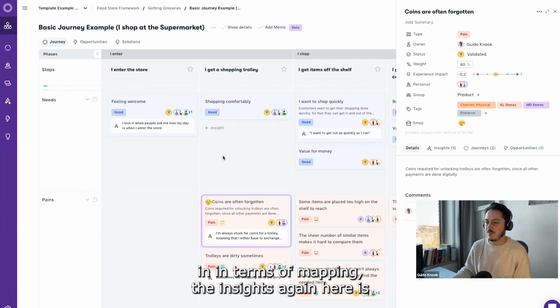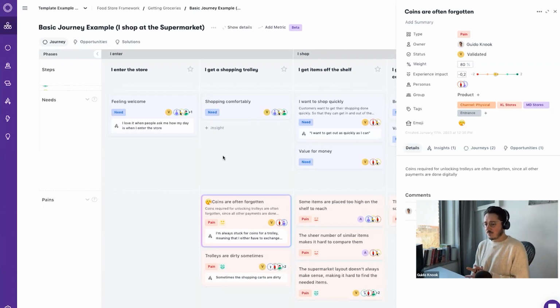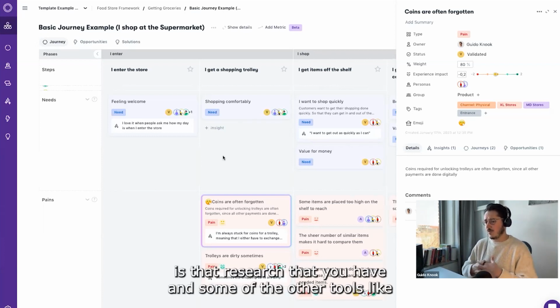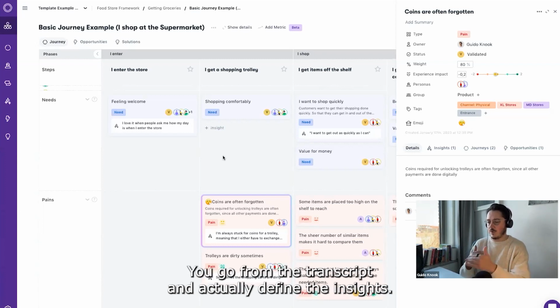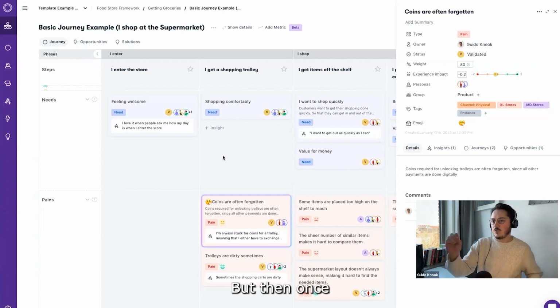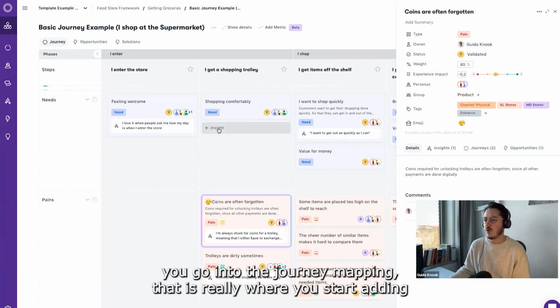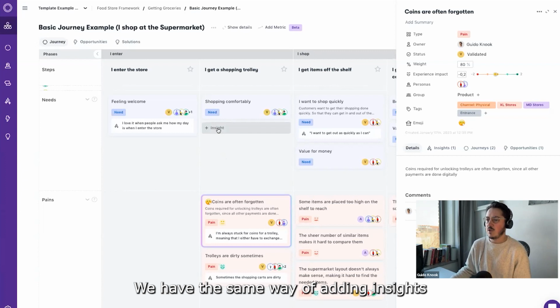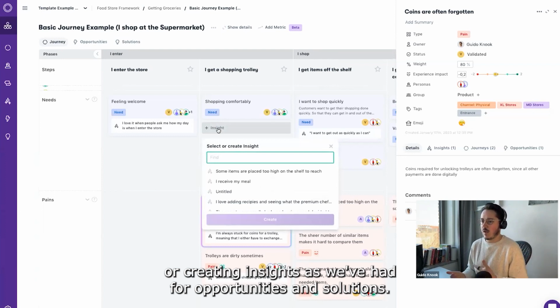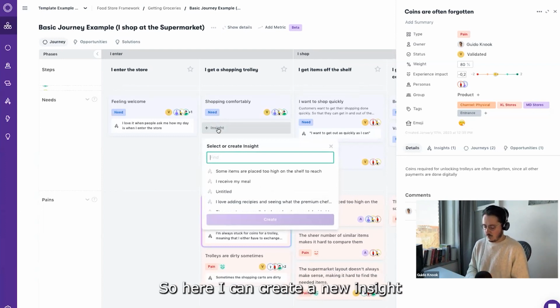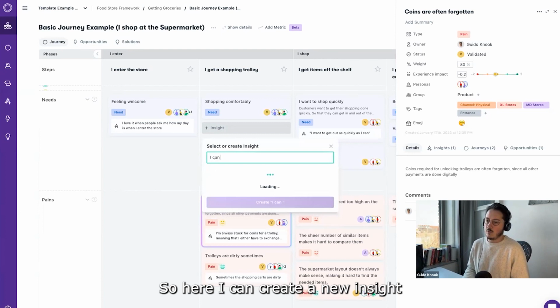Then in terms of mapping the insights, here is, I think, where you really want to start with that research that you have. Some of the other tools like Dovetail are really the tools where you do the insight gathering, you go from the transcript and actually define the insights. But then once you go into the journey mapping, that is really where you start adding the insights to TheyDo. We have the same way of adding insights or creating insights as we've had for opportunities and solutions. So here I can create a new insight,